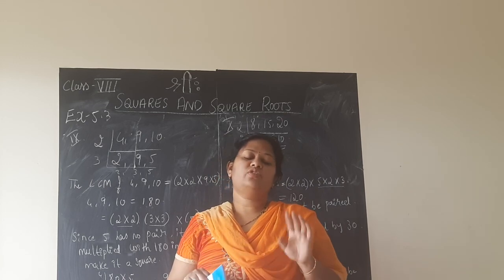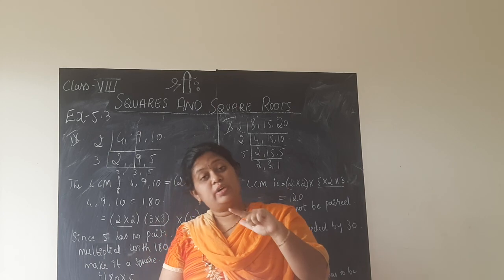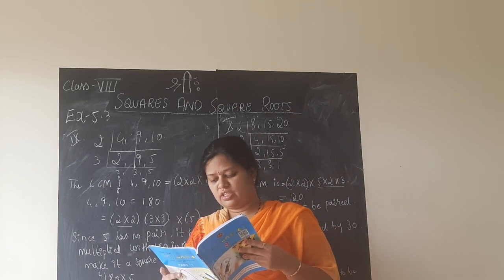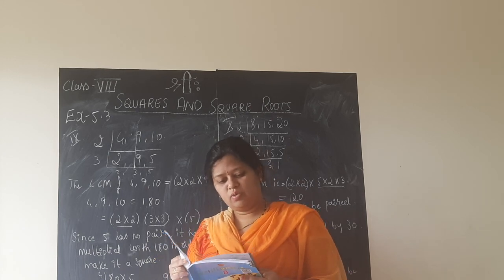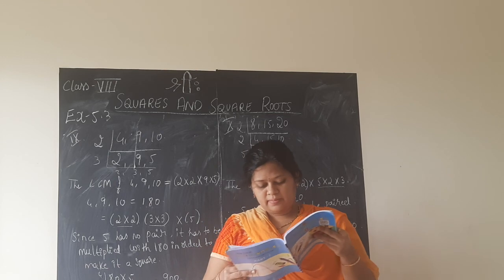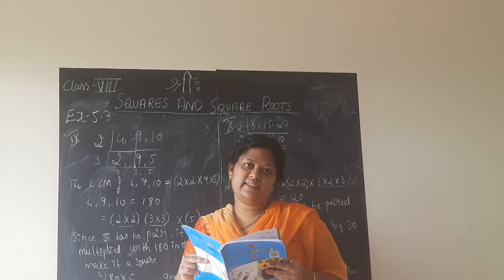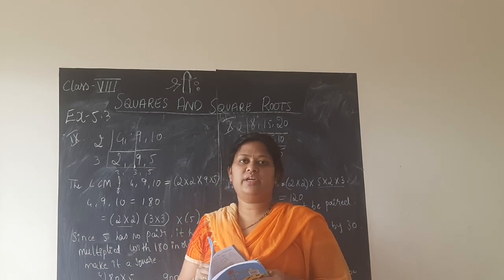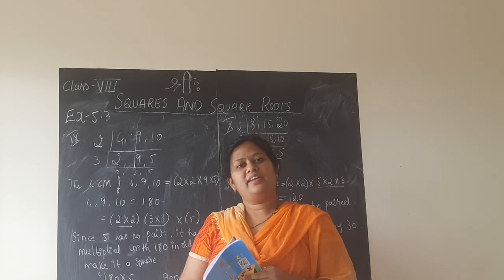So after solving example problems of finding the square root by division method and square root of decimals, children, we are left with the last exercise 5.4 of this lesson. Since estimating square root is removed, we have only the first and third main of this exercise. If we solve that, that will complete this lesson Squares and Square Roots, and hence your part 1 textwork. We shall be studying that in the next class.